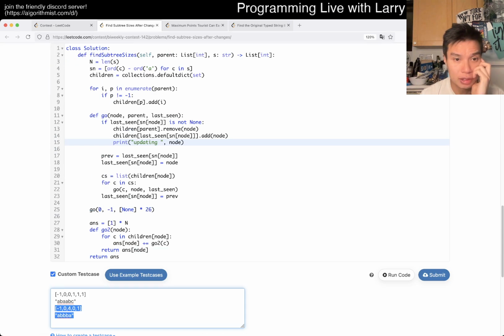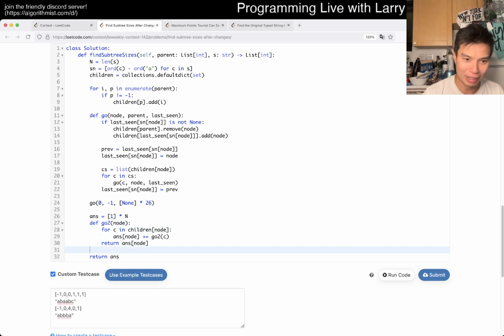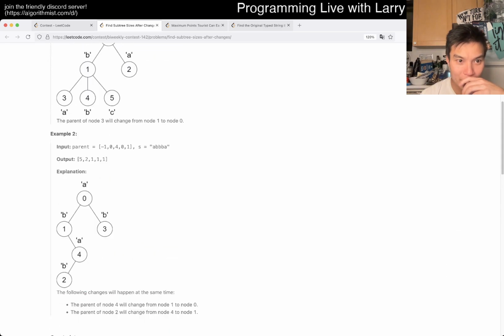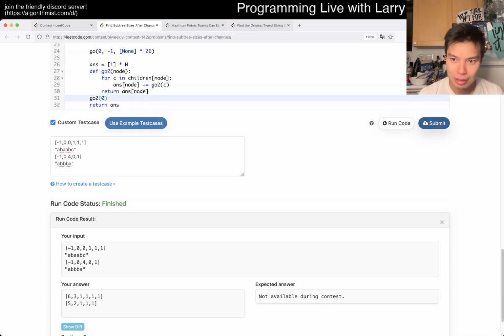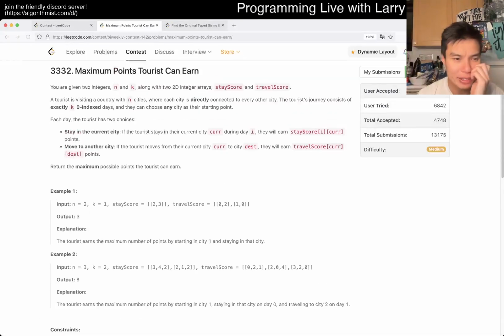Okay, so I think updating is right. Then why is this not right? Do I suck at the easy part? I suck at the easy part because I forgot to call it. I keep doing this actually. Okay. We'll see. Okay, good. There's some minor implementation things there that I wasn't sure about. The algorithm I was pretty okay with. But yeah, let's go. Q3.